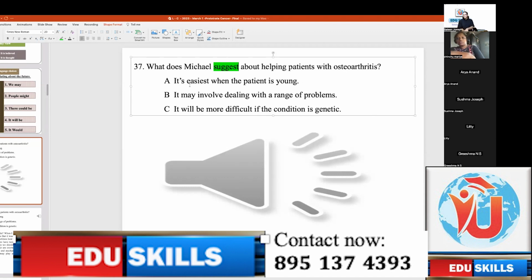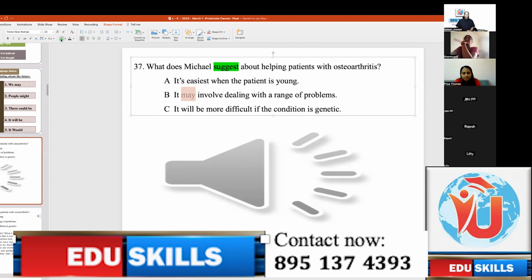If you have attended my previous sessions, you know how to identify between facts and opinion. Just reading the 3 options, tell me which could be the opinion word. As I've told you, there are modal verbs which will guide you to the answer. Now, is there a modal verb in any of these options which speaks about an opinion? B. It may involve. Yeah,